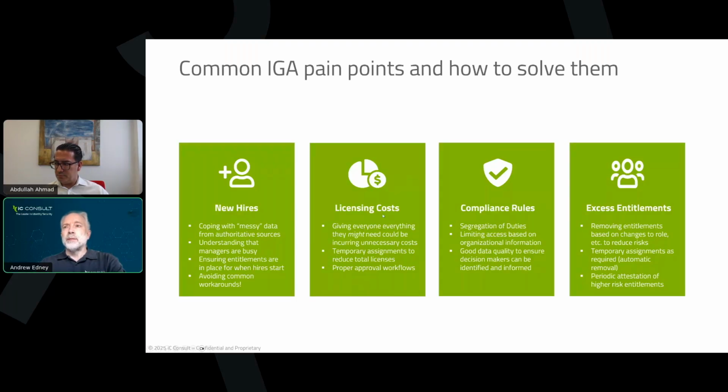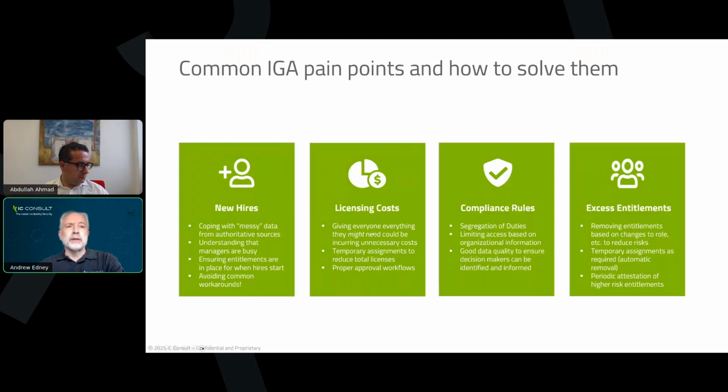A topic that does come up is licensing. Some products that people need for their day jobs are not free. They're not included in any enterprise agreements. They're licensed per person using it. And that can run up to a lot of money if you turn it on for a whole department. So we see situations where people say, well, actually, we'd like to make sure that the person has access only when they need it. And then we take away their access when it's not needed so that we can reduce the number of licenses we need to have.